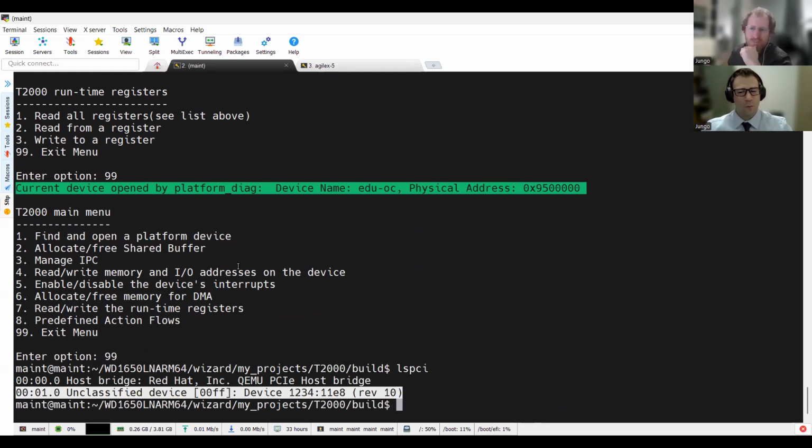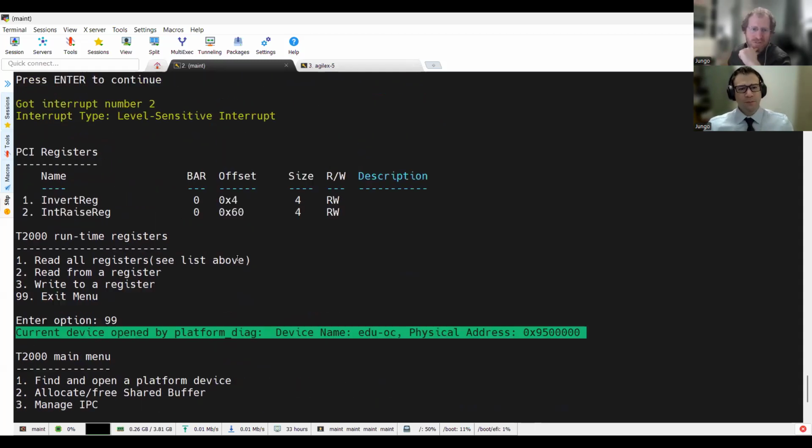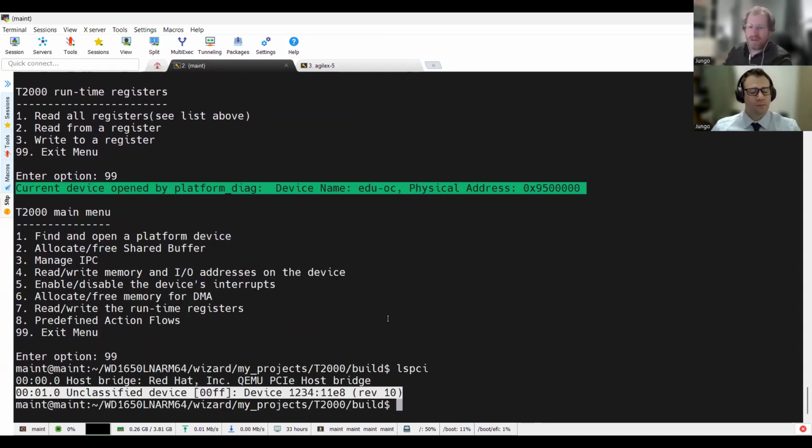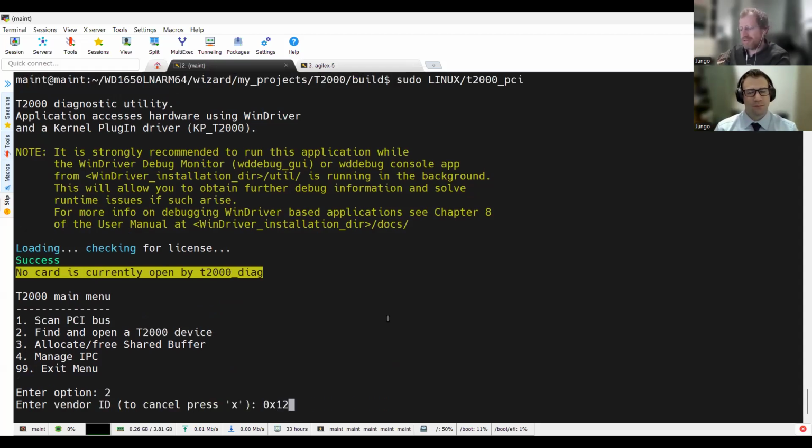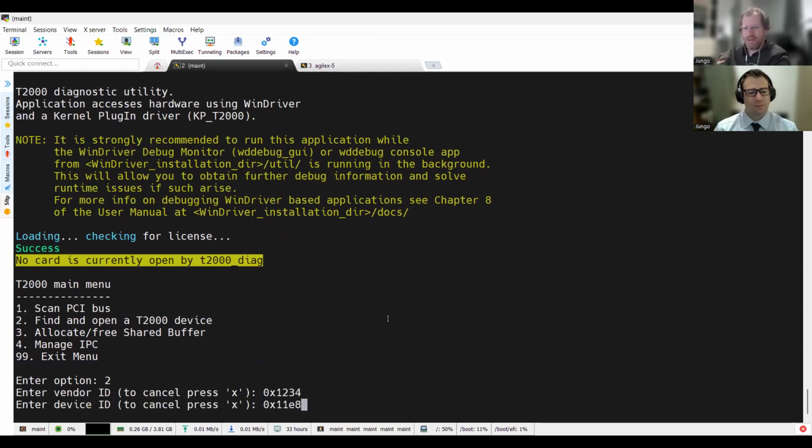Up until now, we were using a platform version of EDU in this application, but now we're going to open the PCIe version and run that second target that we made, T2000 PCI. This should work exactly as the PCI diag used to work on previous WinDriver versions. So we can just open that.